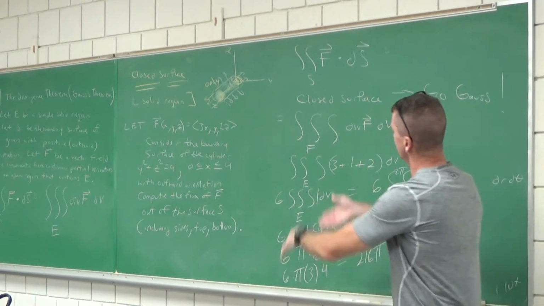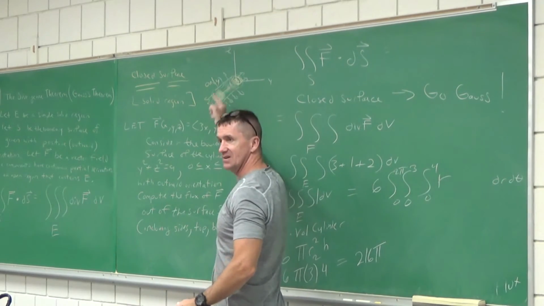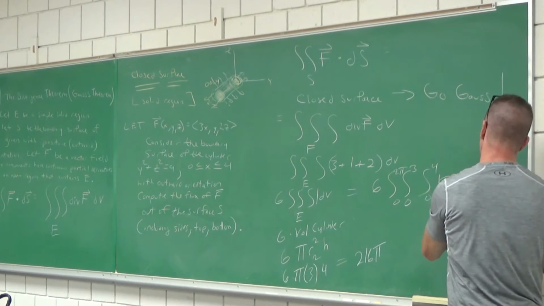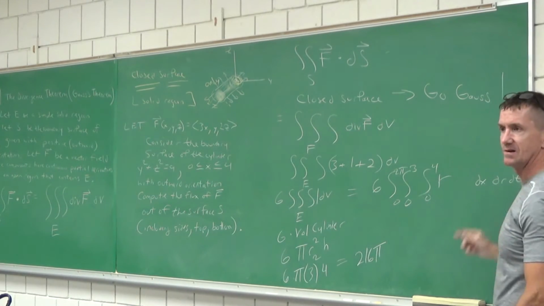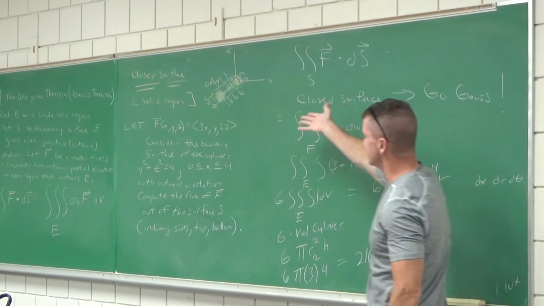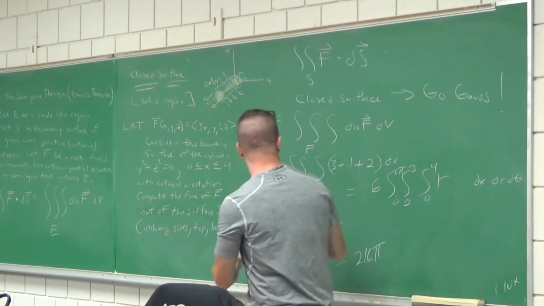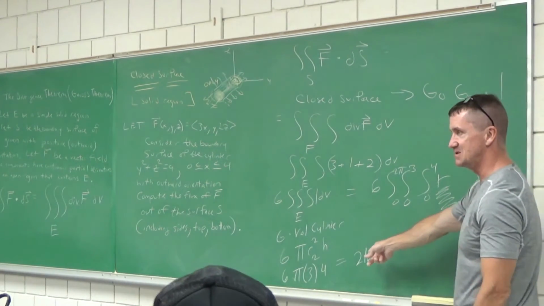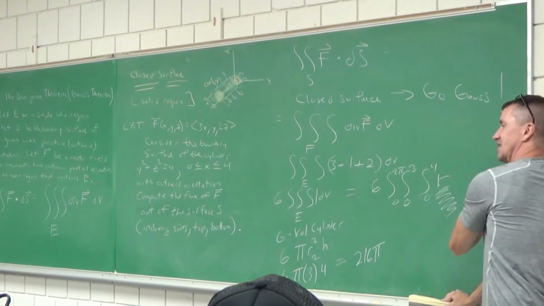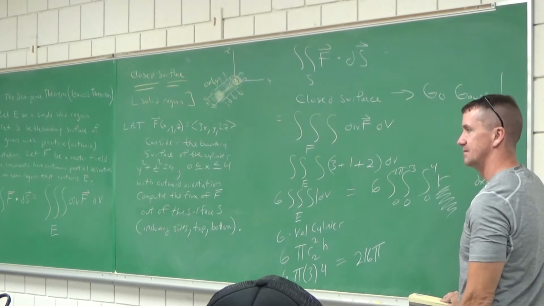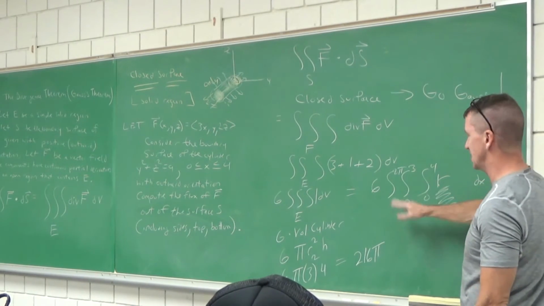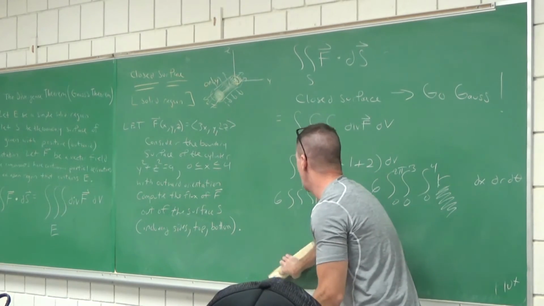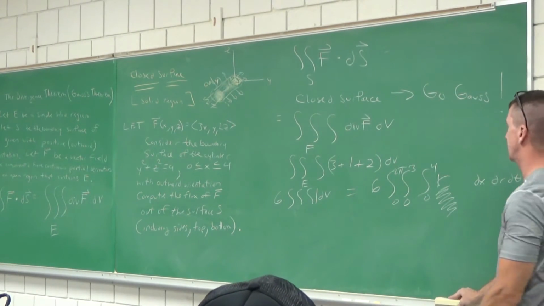R, like r dr d theta. Now, what's my third variable? It depends. What was I using? These were x's, right? So it's not always z when you go to cylindrical coordinates. It was an x. This was x equals 0, so I'm going to write dx dr d theta, because the reason this cylinder was on the x-axis. But I would just do cylindrical coordinates right there. But don't forget that r, you won't get that 216 pi. r dr d theta, just like polar. But see, some students prefer this because maybe they're not used to all these formulas from a geometry class. So I'll erase all that, but let's do this. We should get the 216 pi.